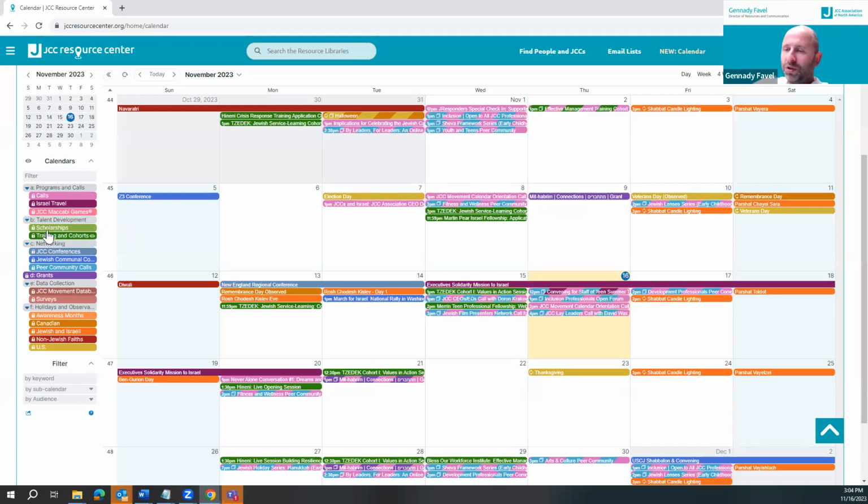For scholarships, what we post is the application window, the open and close deadlines. And for training and cohorts, we post information about the application window as well as when the actual programs are going to be happening. So if somebody's interested in applying, they will know which dates the program falls on.